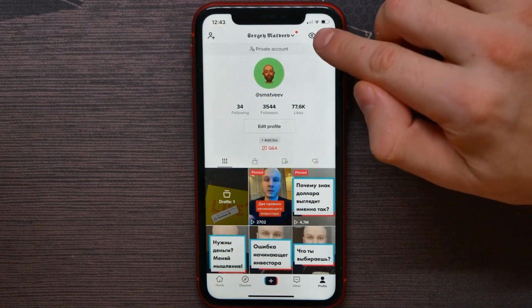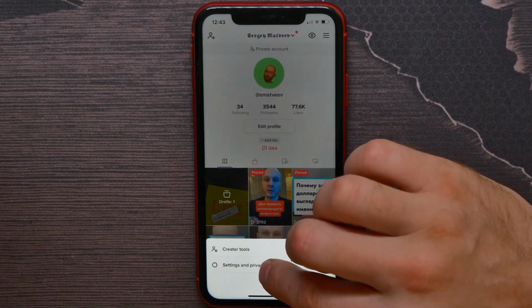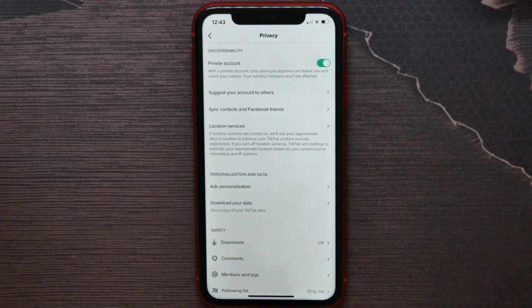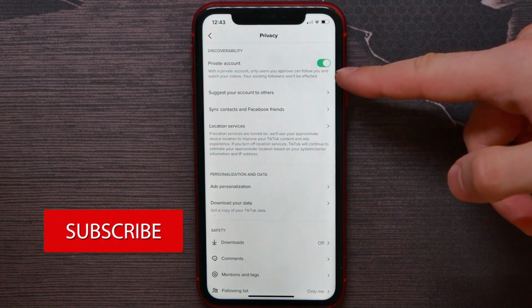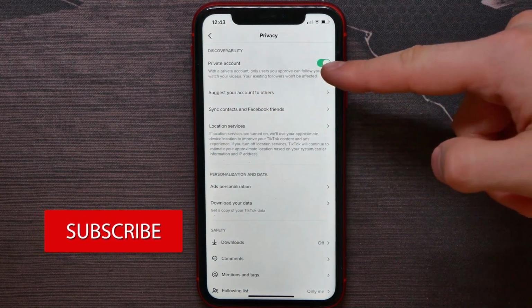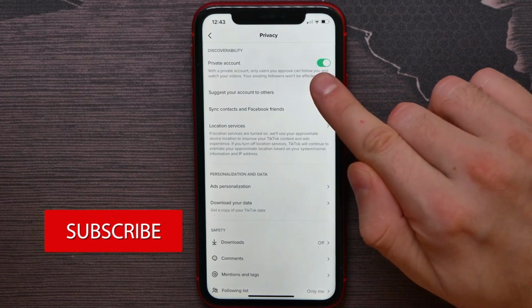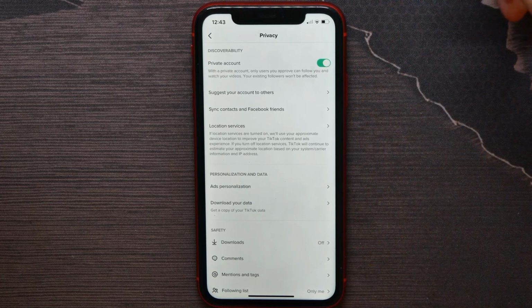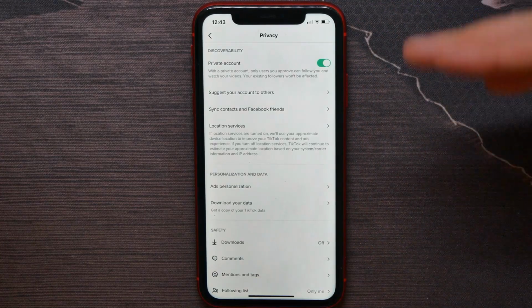Now hit on the three lines icon, hit on settings and privacy, and there hit on privacy. Now at the top position we've got the private account option. It's toggled on, which means that my account is private now, and to make it not private, it means